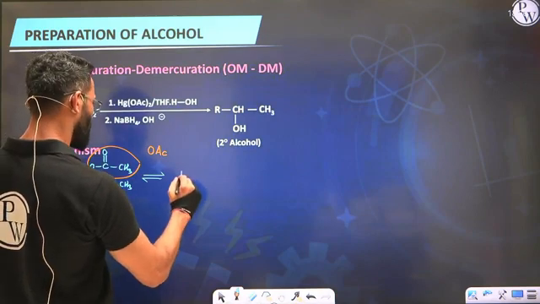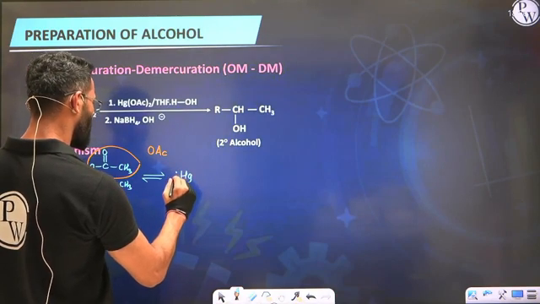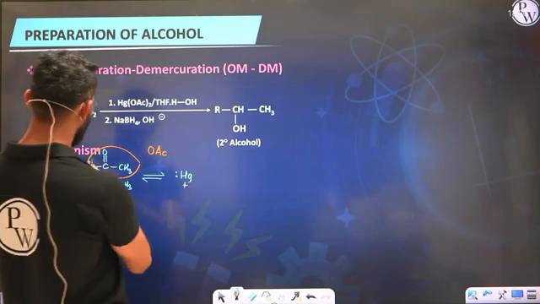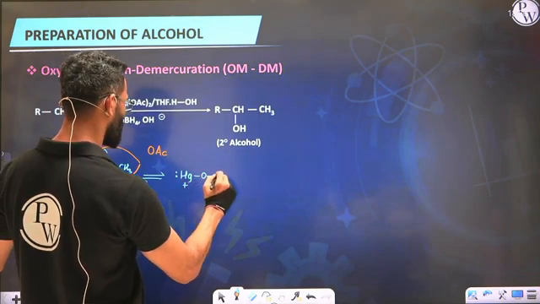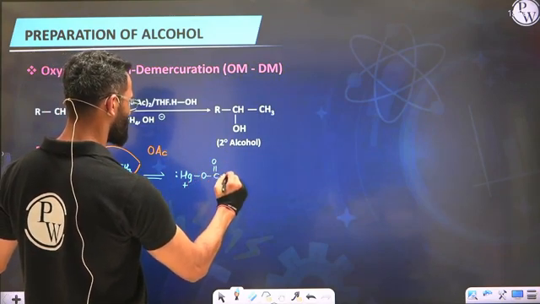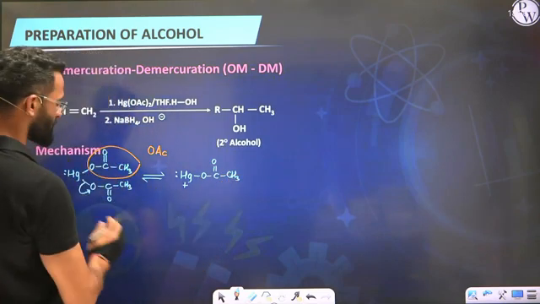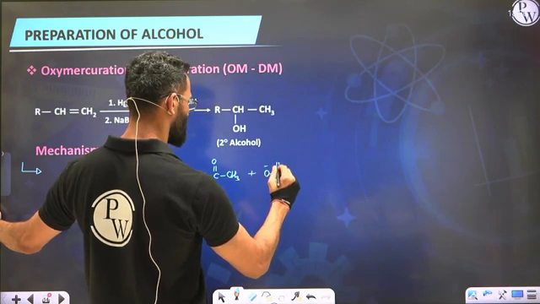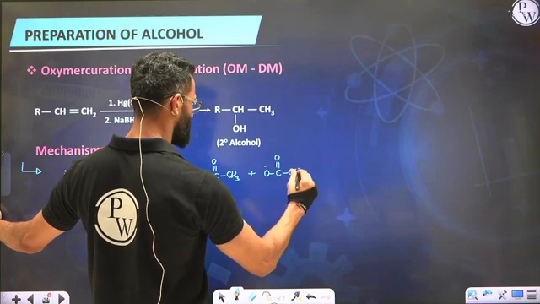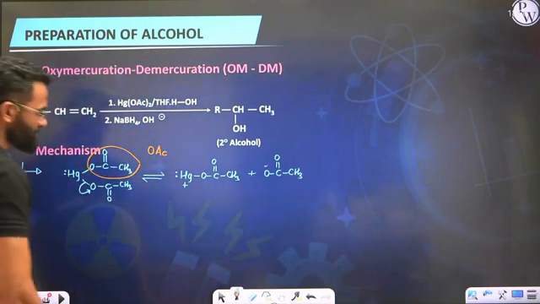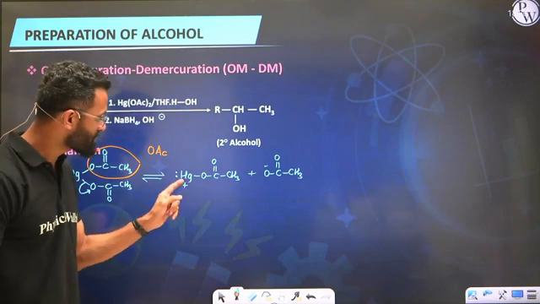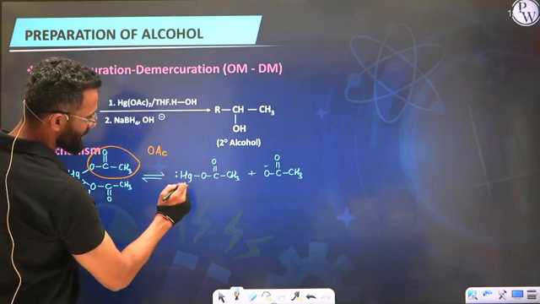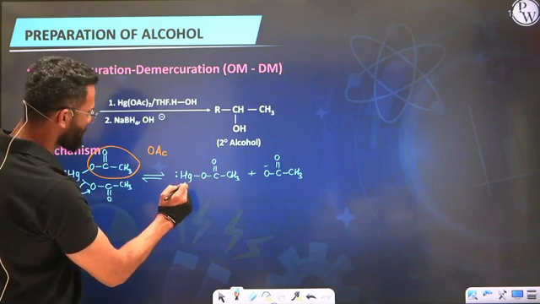So what happened to Hg? An electron pair, but will be carrying positive charge because O has taken away this electron. And this OAc group is still intact. O, C double bond O, CH3. And another acetate left as a leaving group. O minus, C double bond O, CH3. Okay, so that's Hg plus OCOCH3. Well, once this is formed, now this Hg plus is electrophilic in nature, and the alkene is your